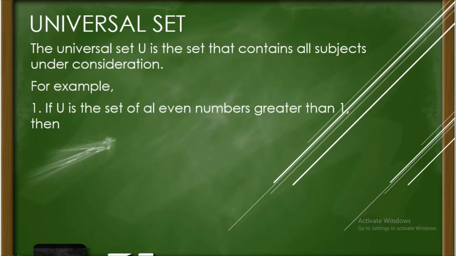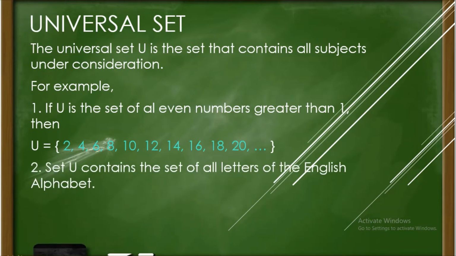For example, if U is the set of all even numbers greater than 1, then, so, ang hiningi niya, yung mga even numbers greater than 1. So what are those even numbers? That is number that is having a multiple of 2 or divisible by 2 siya. And then, universal set U is equal to {2, 4, 6, 8, 10, 12, 14, 16, 18, 20, ...}. So, napakadaming even numbers and you don't need to write all those numbers. You're just going to use ellipses. So that is universal set.